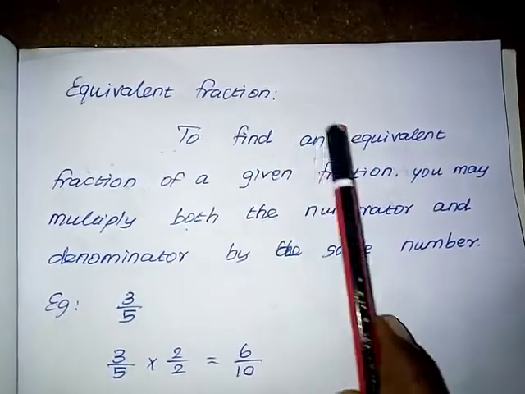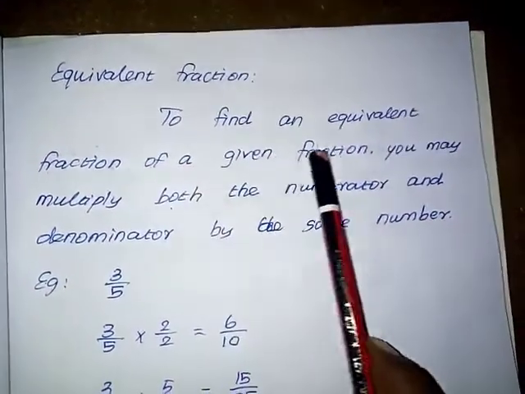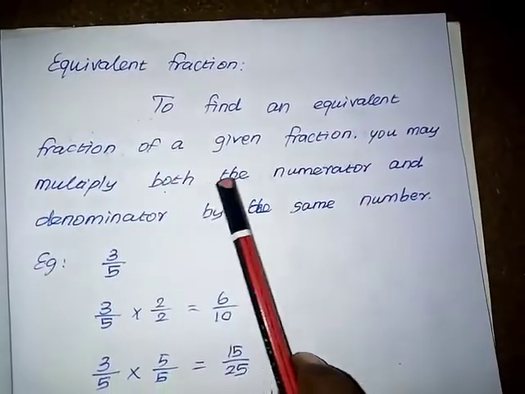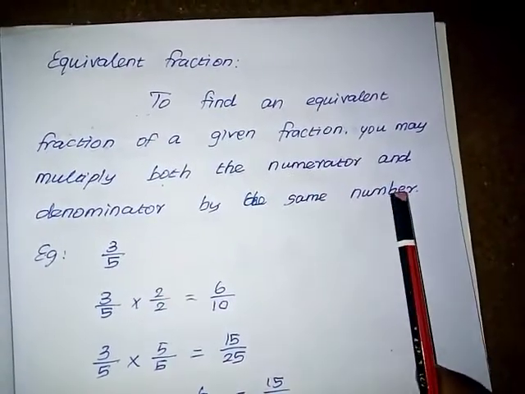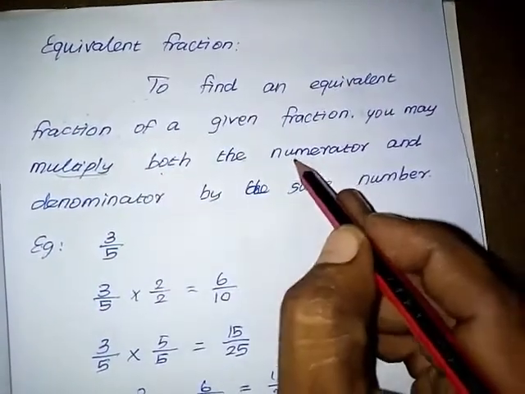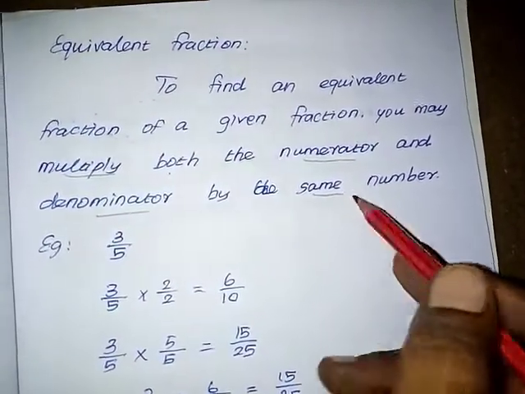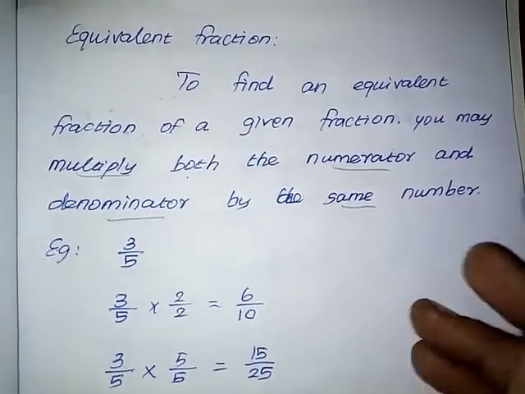Equivalent fractions. To find an equivalent fraction of a given fraction, you multiply both the numerator and denominator by the same number. So we have to multiply the numerator and denominator by the same number. We get an equivalent fraction of the given fraction. Example,